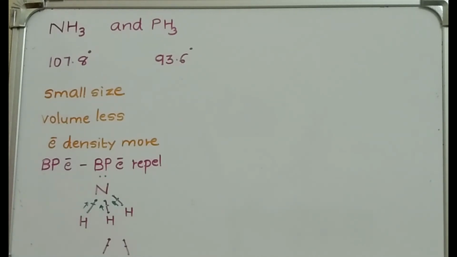Hope you understood this. Just make a note of these points. You can make it into a sentence form. Reason I have written here. So in the previous case we have seen the tetrahedral, when we are writing for comparison, at that time we are writing for lone pair electron repulsion and bond pair electron repulsion. But in this case it is bond pair electron repulsion.